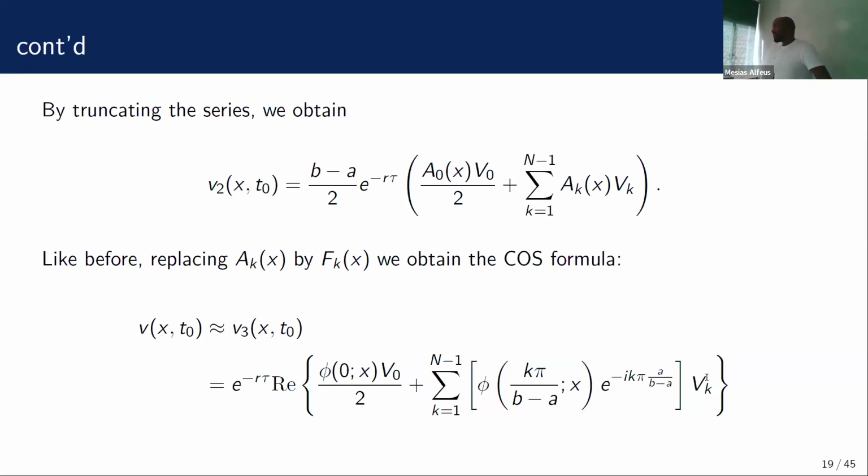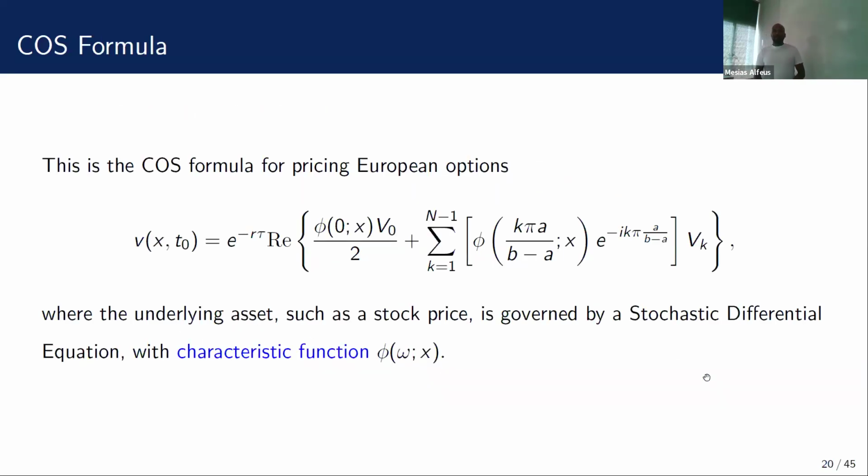So this is what we get: the cosine formula. We said we don't know the density, we know the characteristic function. So in this formula, you just substitute the characteristic function,